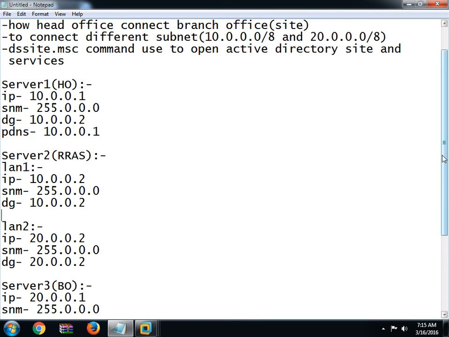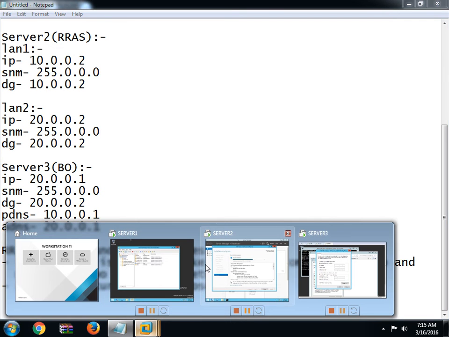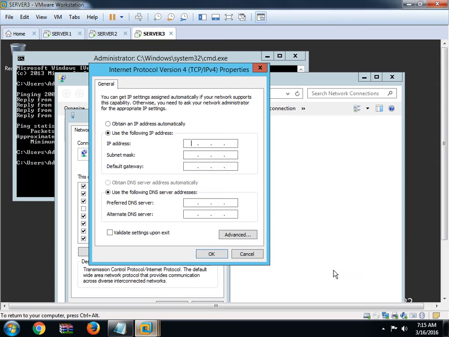For Server 3 branch office, we will take 20.0.0.1. Gateway is 20.0.0.2. Preferred DNS is 10.0.0.1. Alternate DNS is 20.0.0.1 simply.